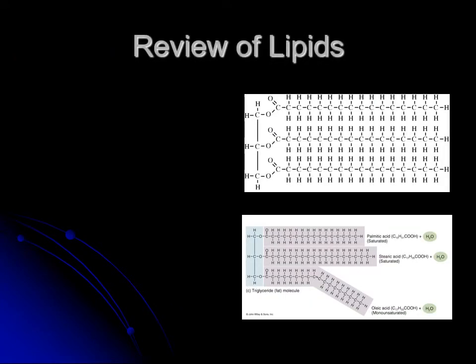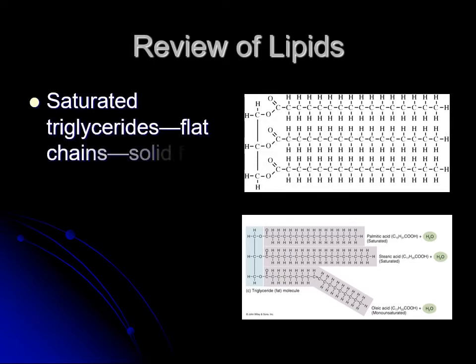Taking a look at lipids, we took a look at triglycerides. These are fats and oils that have long chains of hydrocarbons, the carbons and hydrogens. If you take a look at the first picture, this is a saturated triglyceride. It has all single bonds, and because of it, the chains are flat. And because of that, these molecules are able to lie down on top of one another, and it forms a